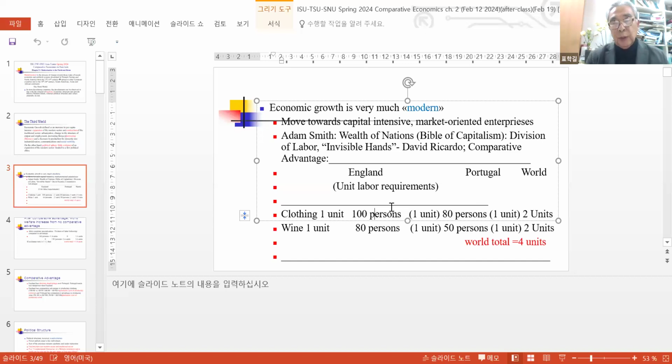So what I'm trying to show you is that per person labor productivity is higher in Portugal than England. So in that case, we define that Portugal has absolute advantage in producing clothing over England. Okay. How about in wine production? Wine production, for example,